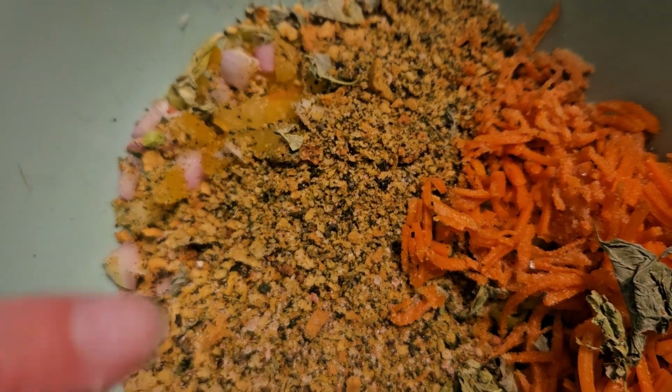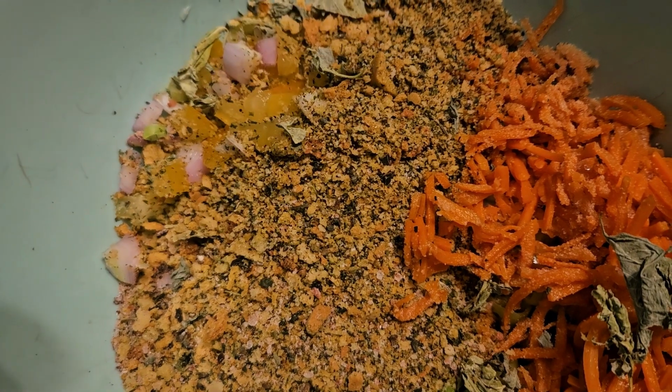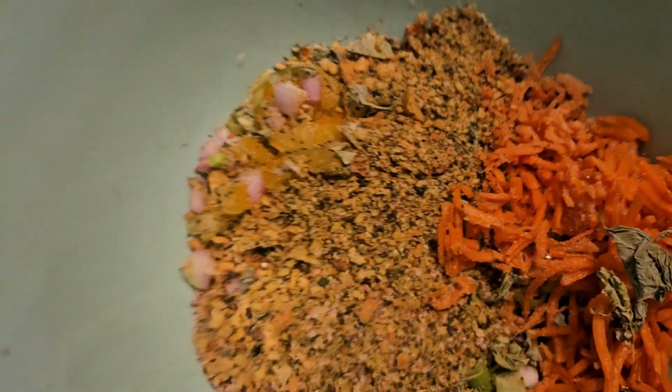These are actually not breadcrumbs. This is the bottom of some gluten-free croutons. And basil from the garden that I had dried last year. Oregano from the garden from this year. Salt, pepper, and then for the meat,